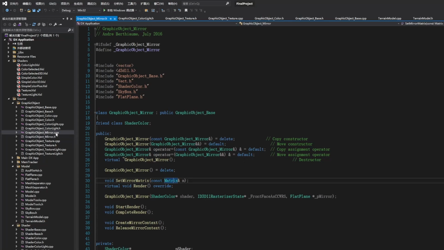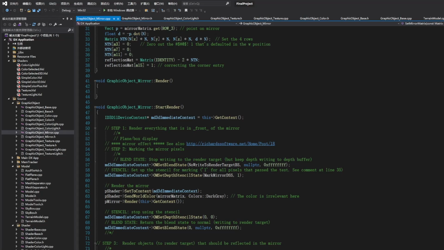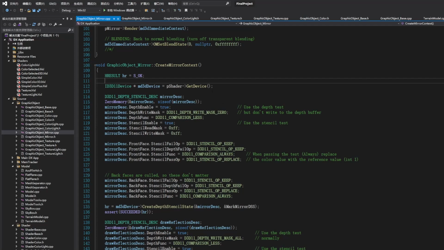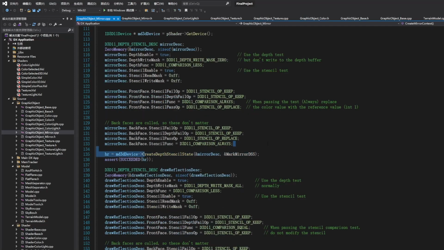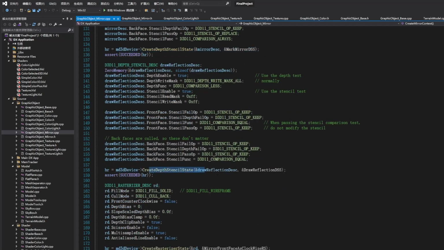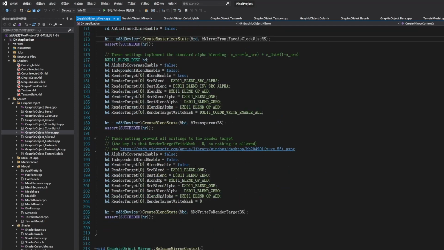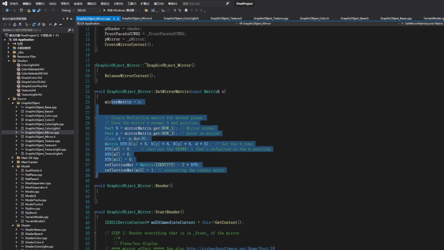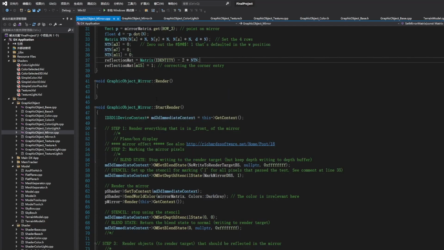If we take a closer look at this class, it uses the create mirrored context function. It will create state objects to hold and manage many states like the depth stencil state, rasterizer state, and blend state. And if we go up, this class will also use the set mirror matrix function to compute the mirror's own reflection matrix. When we start the render function,